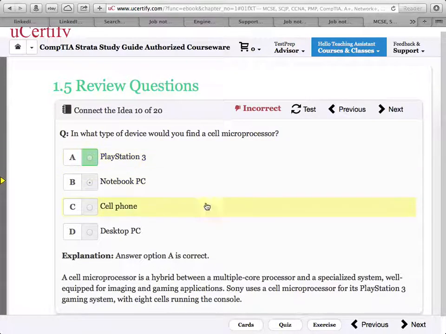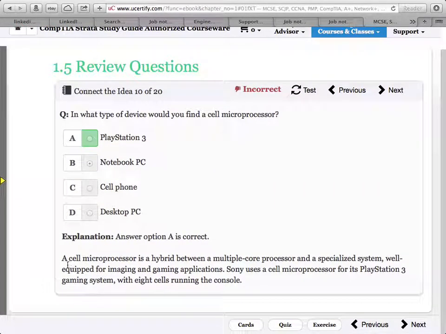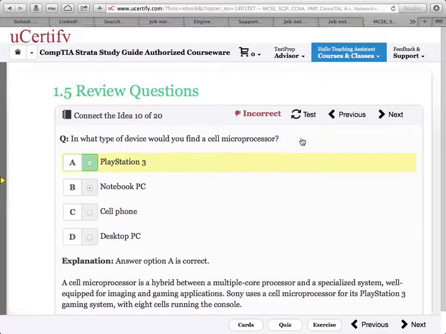The PlayStation 3. Yes, look at it. A cell processor is a hybrid between a multi-core processor and a specialized system, well equipped for imaging and gaming applications. Sony uses a cell processor for PS3 PlayStation games, with 8 cells running the console. You know that today. Clearly, I'm an Xbox fan, so I wouldn't know that. Okay, guys. I'm just going to end the quiz now.